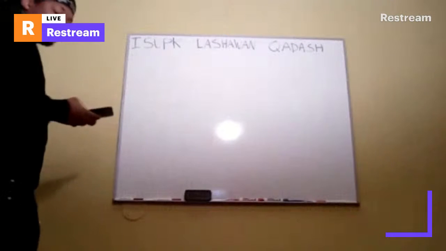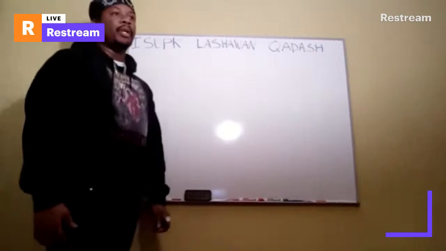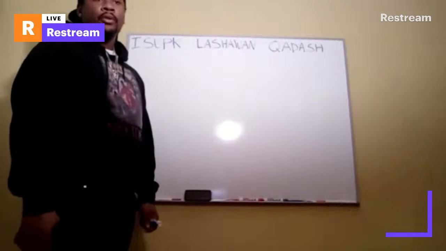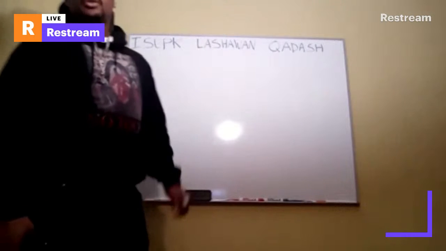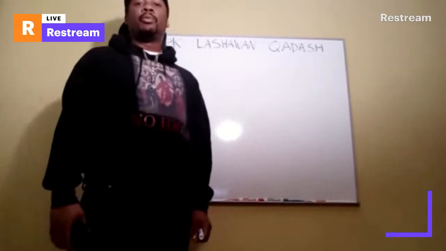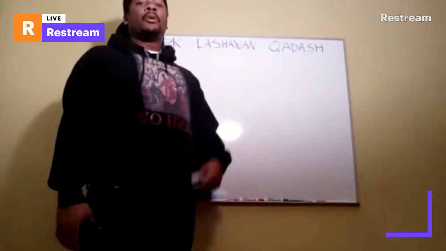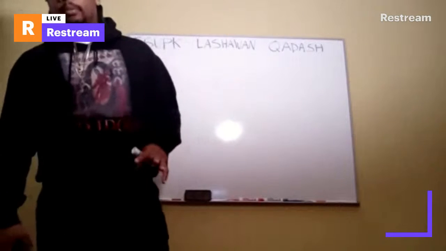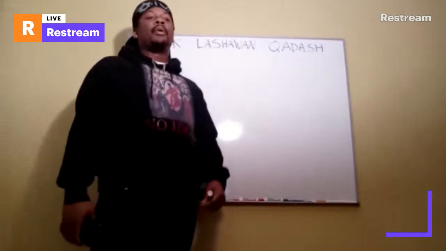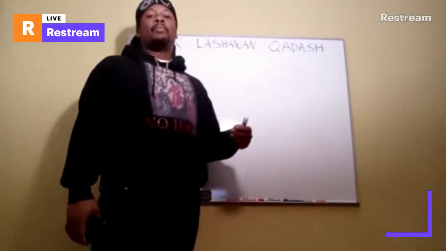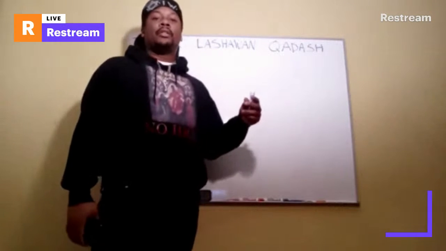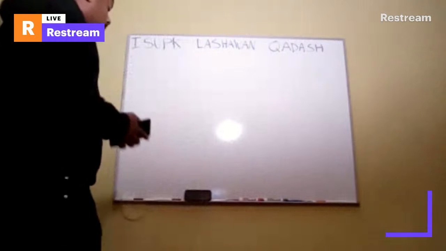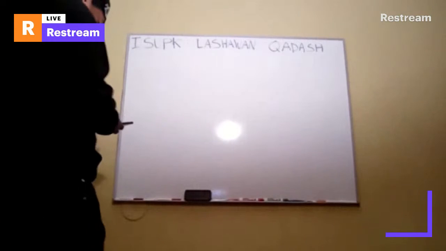Today, our lesson is going to be on colors. I'm going to go over colors, how to say them in the Hebrew, how to spell them out in the ancient and the Assyrian. And then I'm going to go over a couple of books in the Bible, saying what they mean and how to write them in the ancient and the Assyrian Hebrew. Let's get started.